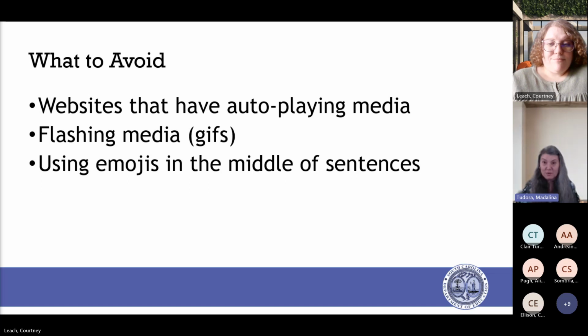And also, we've all been there. We've had more than one tab open, and there was that video that we couldn't find that kept playing on its own without us turning that on. So if you're involved in putting this content together, please stay as far away as possible from these things. They're not good for anybody, but especially not for anybody that struggles with vision.